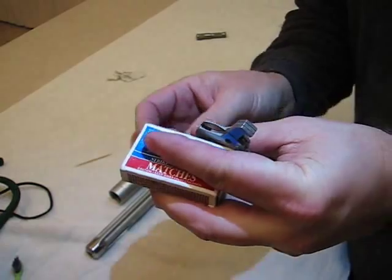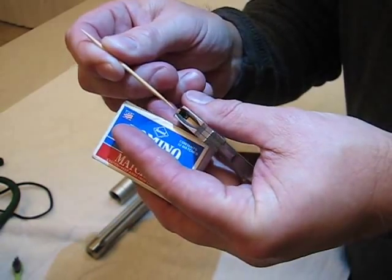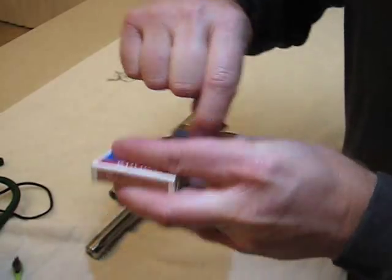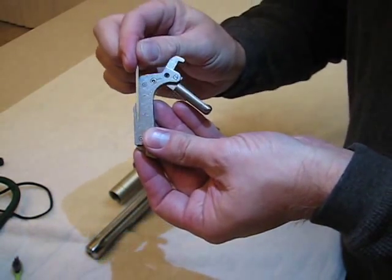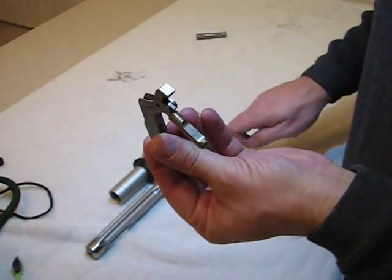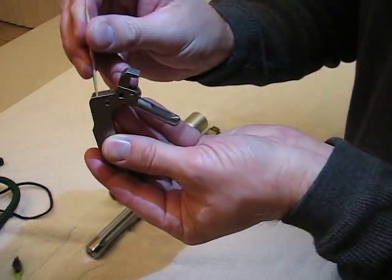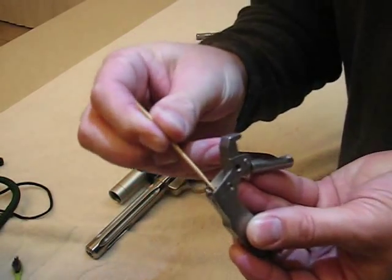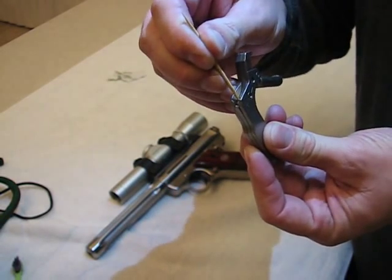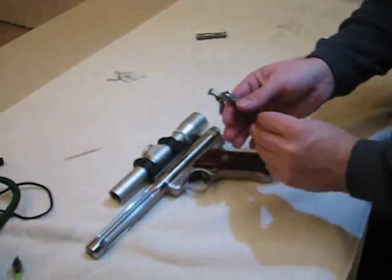I don't know what the technical term is. I'm going to call this little divot here the shoe. Now beneath that shoe is a spring that protrudes down into this, and that's our mainspring. So there's a little hammer strut in here, which in the gun that I'll show you, seats with this shoe, and it has to seat with that shoe in order to reassemble the gun. So let's go ahead and